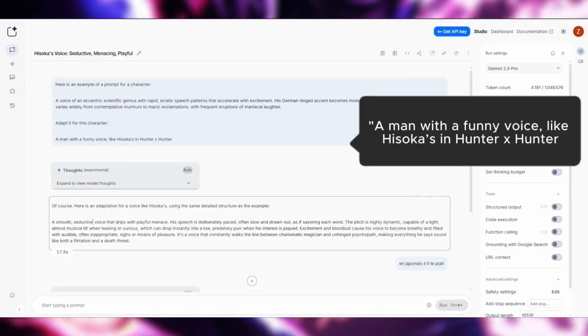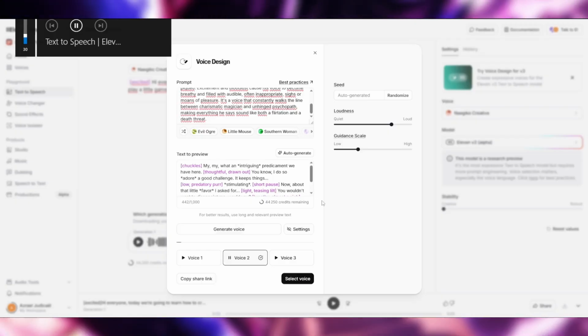If I use this technique and write a man with a funny voice like Hisoka's in Hunter x Hunter, here's